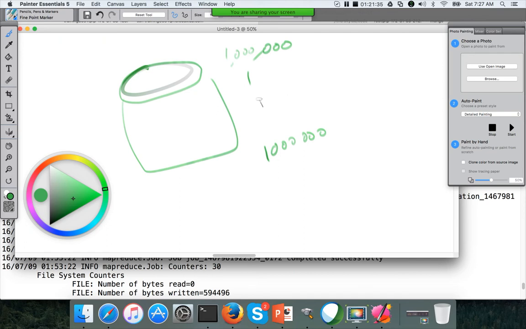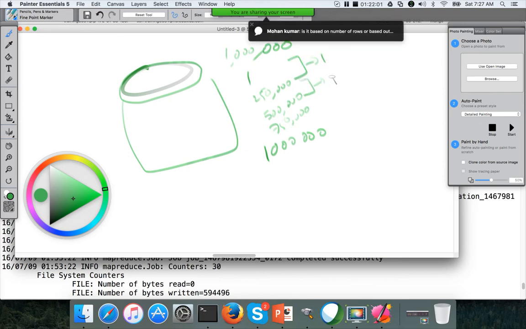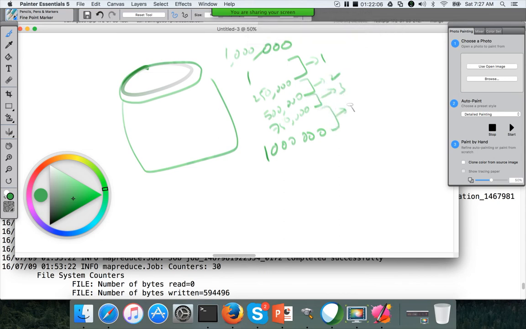So 1 to 250,000 will go to one bucket, 250,001 to 500,000 will go to another bucket, 500,001 to 750,000 to another, and 750,001 to 1 million to another. So this will be the first chunk, second chunk, third chunk, and fourth chunk.